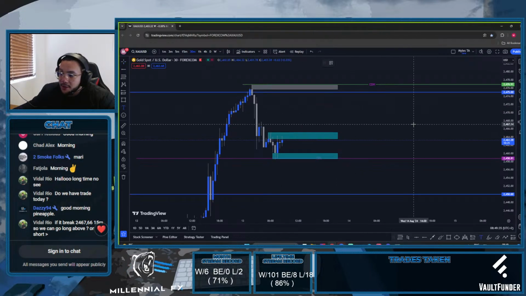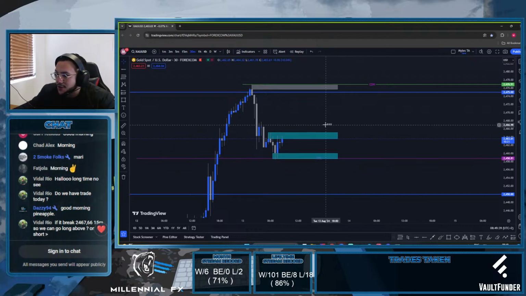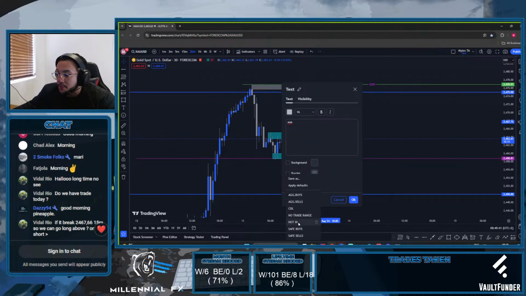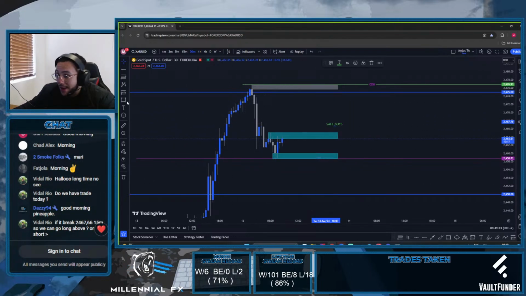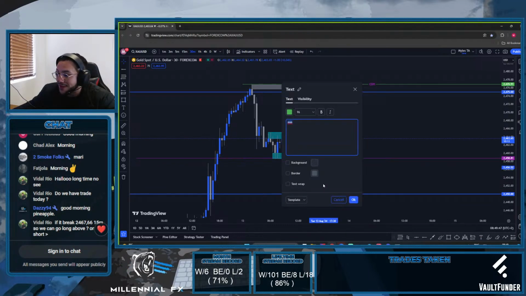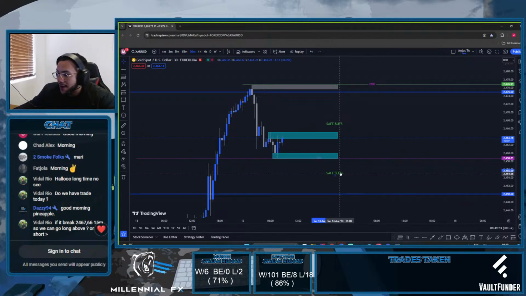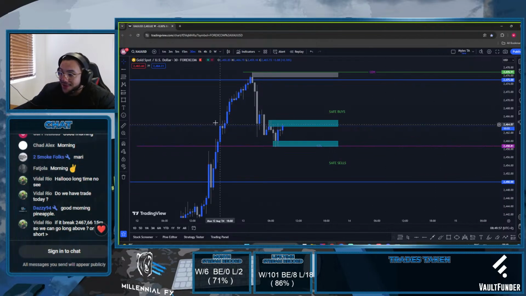So for me personally, both these trades are safe. I've got safe buys over here just because they have high confluences, boys. Both sides have high confluences. So this is definitely a trade that I'm going to be looking at today if I get that setup that I want, which is either or for me. I prefer the sells, I'm not going to lie. But obviously you guys know how I am. Whichever one arises is the one my edge will then see, and that is what I'll then take.